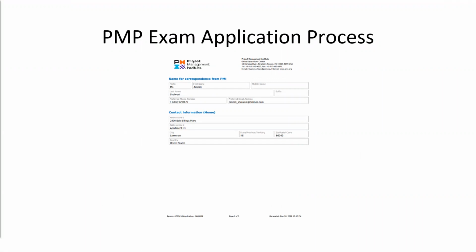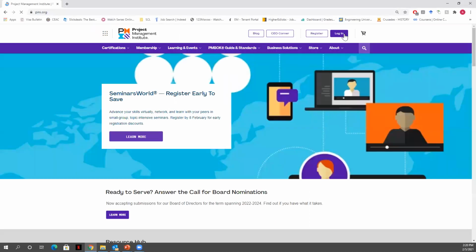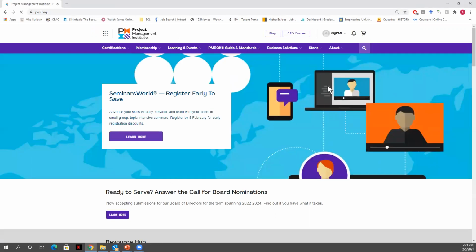I can probably show it to you here, and it'll probably be easier for you. You just go there, and here you log in, or you sign up if you're a new member. I already have credentials. You log in here, and then what you do is you go to your dashboard, and then on the left side or the right side, you would be able to